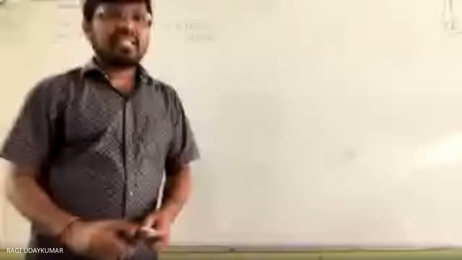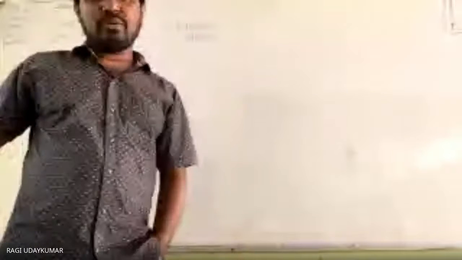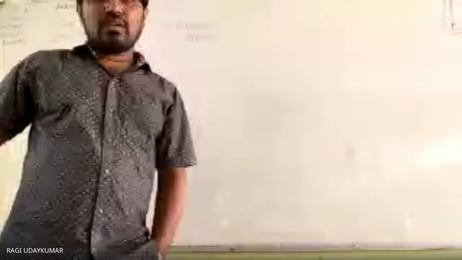Fifteenth one, A squared minus 5A plus 6I. A is given to you. So actually your confusion is where